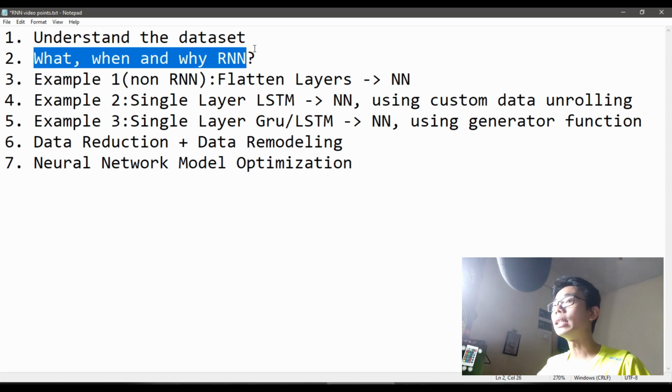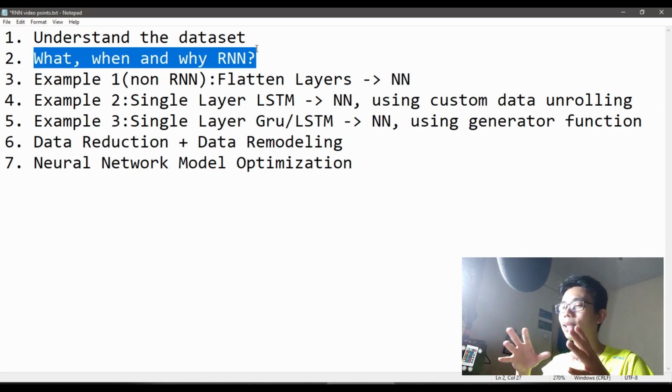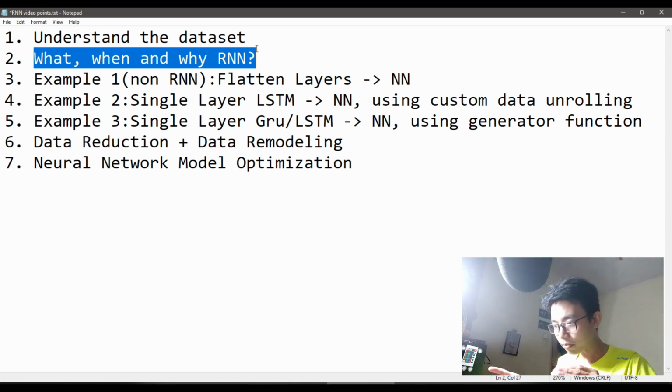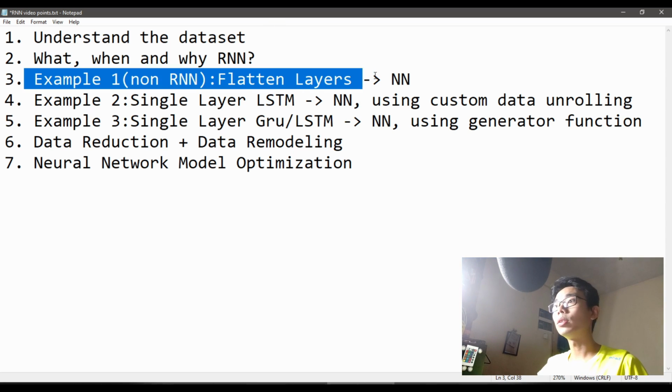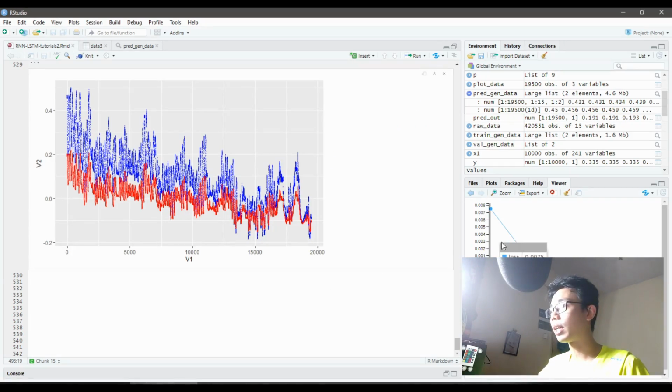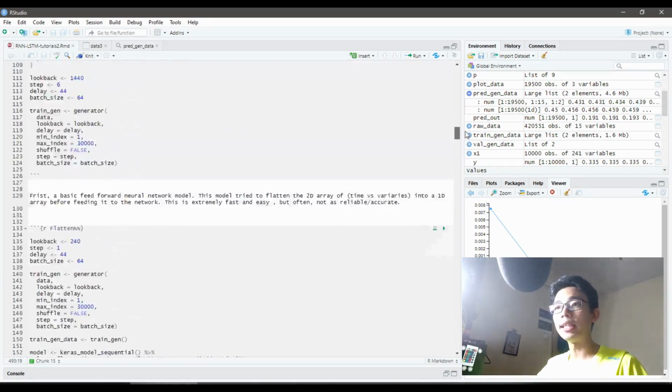Okay, we wanted to use an RNN on this data set because it's time series data, where the next data point is determined by the previous data points, and we can actually predict that based on what came previously, which is why an RNN is useful. If we use a flattened layer, you can see that our result is actually kind of rubbish. So if we just feed in our result as